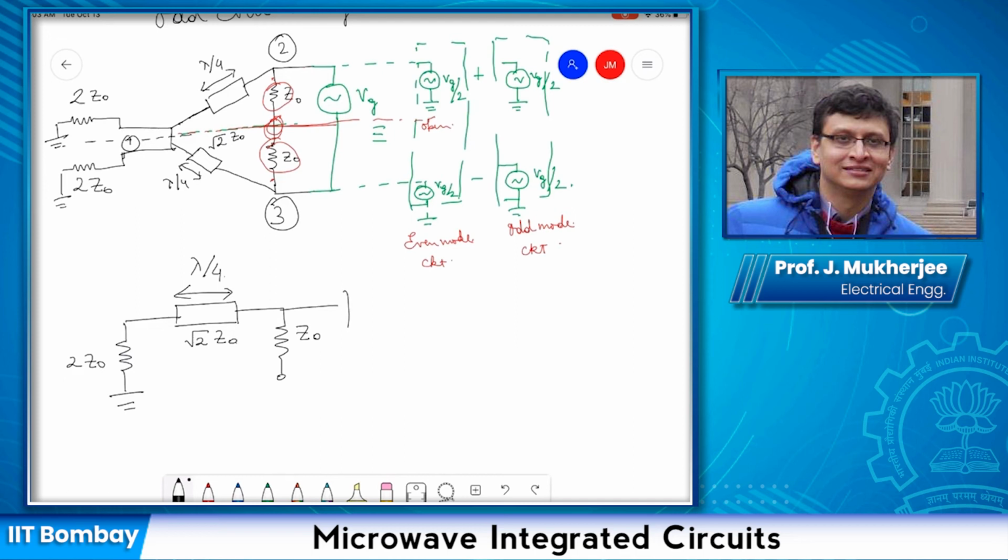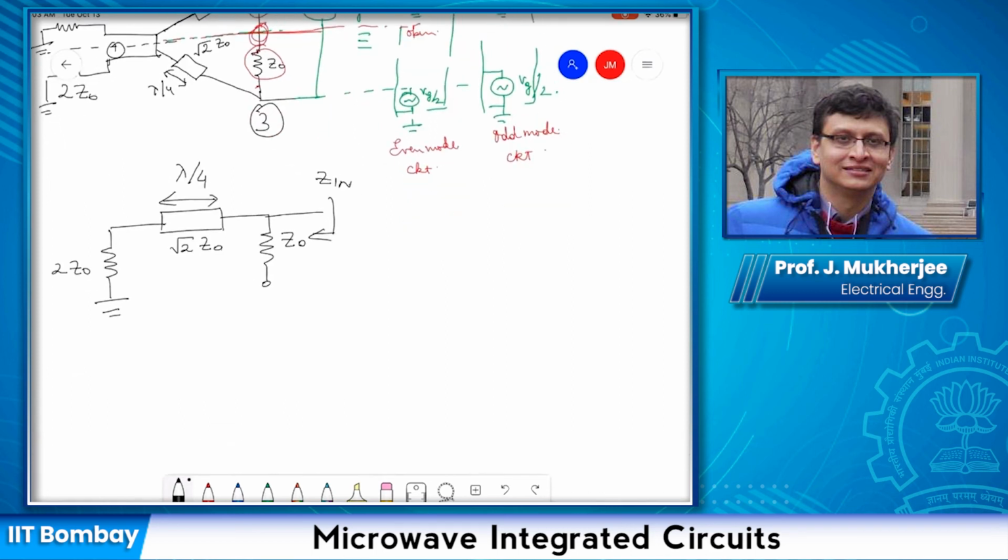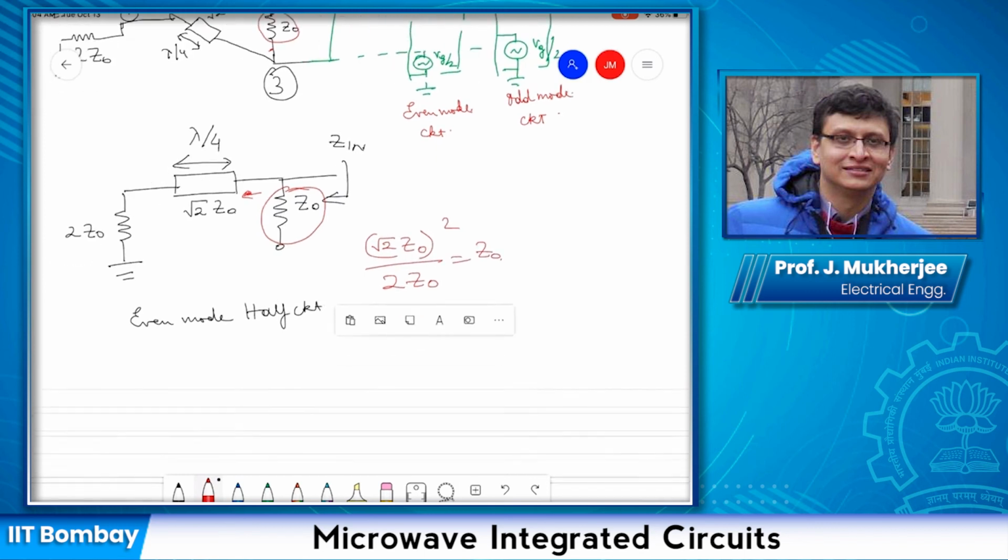So the input impedance that I calculate here, see, this Z0 doesn't play any role in the calculation of Zin, and the input impedance at this point is basically (2 square root of 2 Z0) whole square upon 2Z0, which is equal to Z0. The odd mode